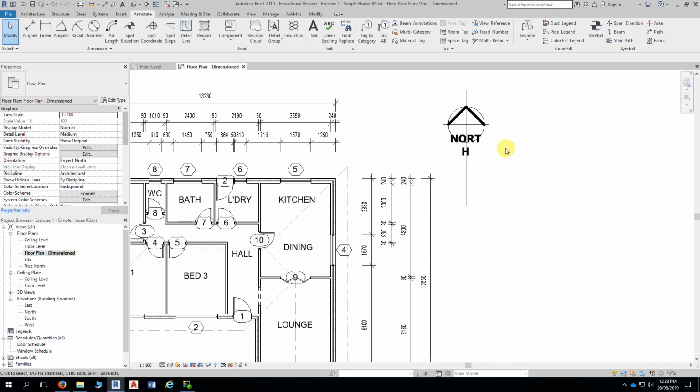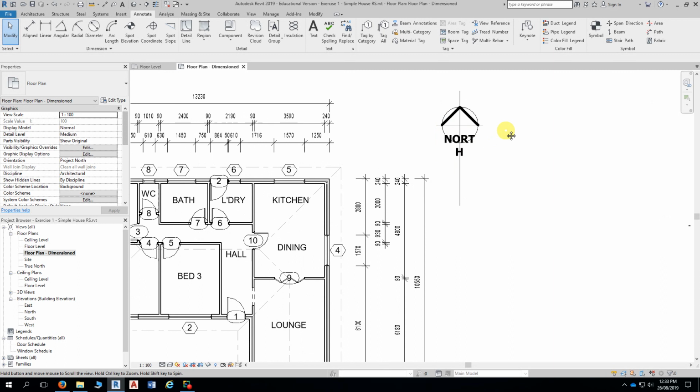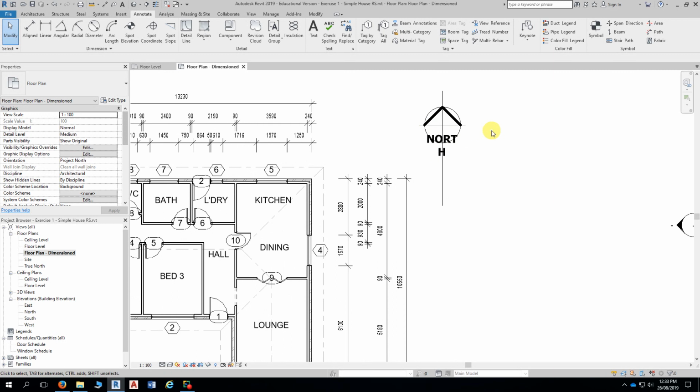Now, for some reason, the H is sitting underneath here on the second line. Now it shouldn't. I don't know why that is, but to correct that,